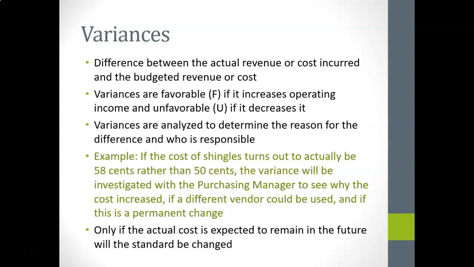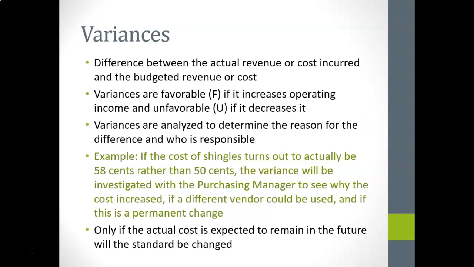Or were they just trying out a higher quality shingle with the idea that these shingles would be a better quality, perhaps because we have gotten complaints from customers about the quality of the shingles? So there could be many reasons why we had to pay the 58 cents, and we need to investigate that